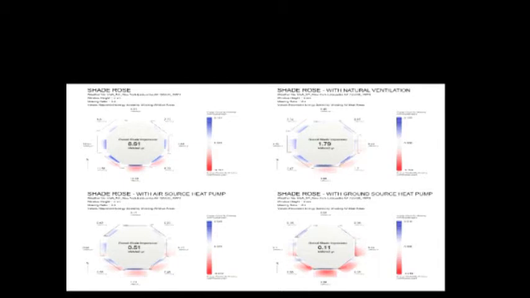Actually, this particular diagram really got me interested, because we always preach that you have to go in sequence. You first optimize your envelope and your loads, and then once you've got really small loads, then you use your systems to deal with those loads, and then you have a better performing building with less energy and carbon footprint. But this one was quite interesting in the sense that, just because we are using ground source heat pump, which comes with a high coefficient of performance, we were able to see that the depth of the window shade has changed a little bit from the baseline there.